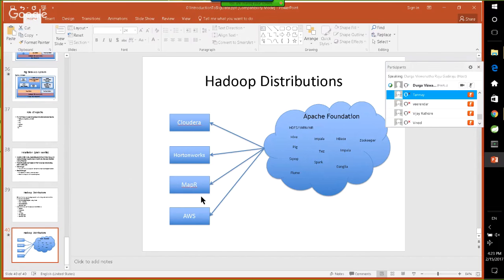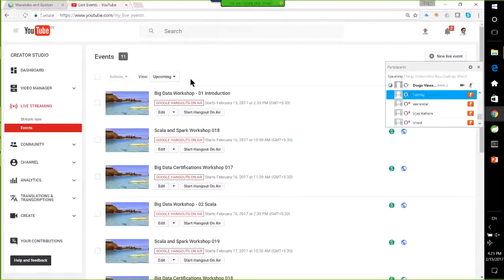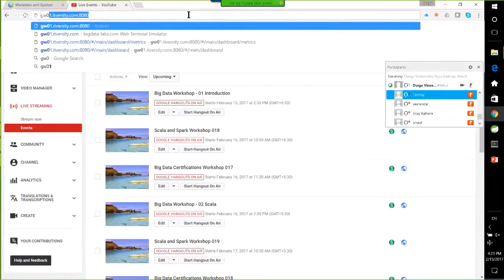I know a company called Welltie. They actually spend $100,000 per year for AWS, and they claim that if they had to build a data center, they would have to invest at least $5 million, and they're just using AWS and spending $100,000 for their data processing needs. So AWS is very, very powerful. AWS, Redshift, and all these are MPP cloud-based technologies, and they are getting a lot of traction. Okay, so this is about distributions. Now let us see our cluster and what we have, so that you understand a little bit about the mapping.